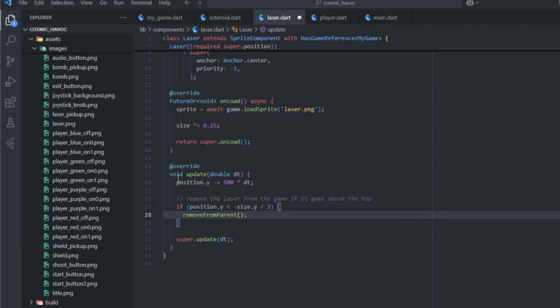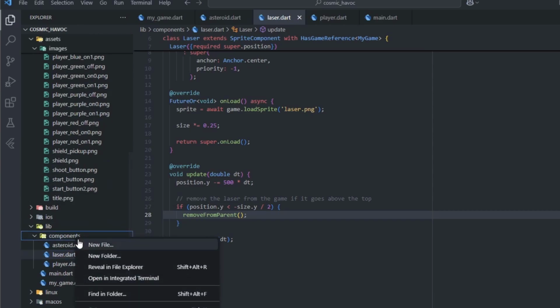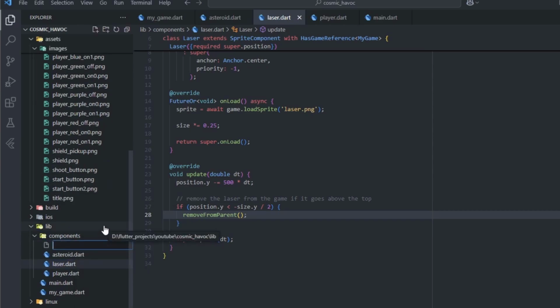Now to actually start creating and adding lasers to the game, we first need to draw the shoot button on the screen and make it so the player can press it. For this, we'll create yet another sprite component. So let's start by creating a new file in the components folder, and let's call it